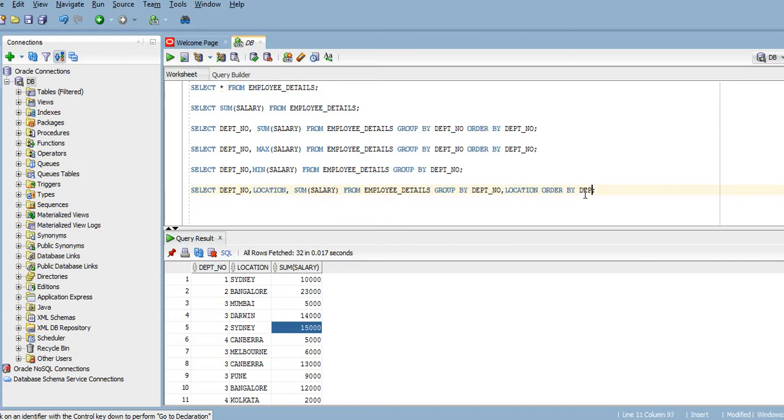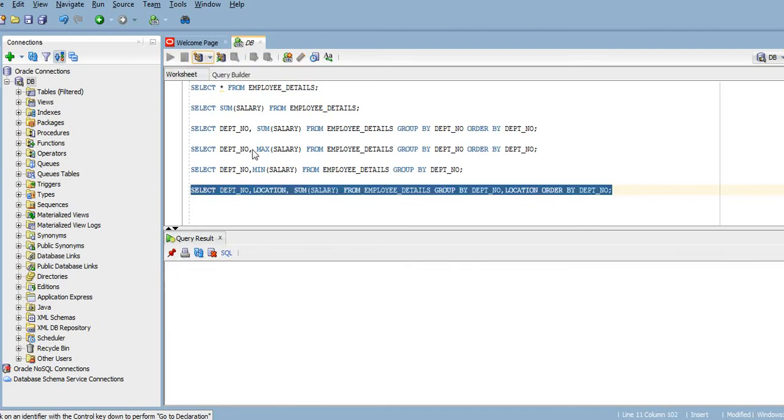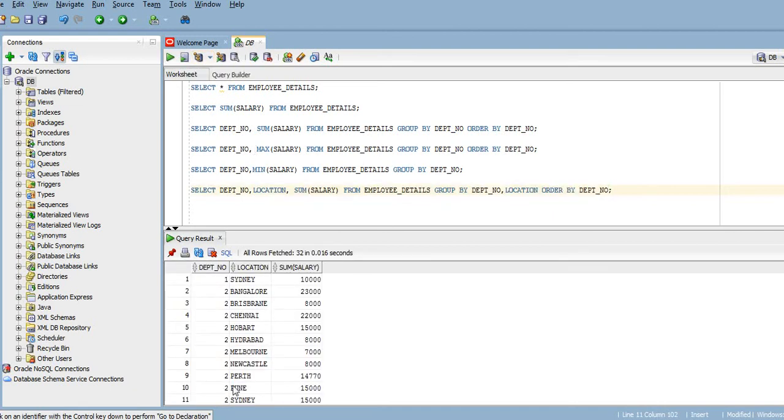Order by department number. If I run this query, yeah, it orders the data based on the department number, as you can see over here. So for department 1, location Sydney, the company is paying 10,000 bucks.